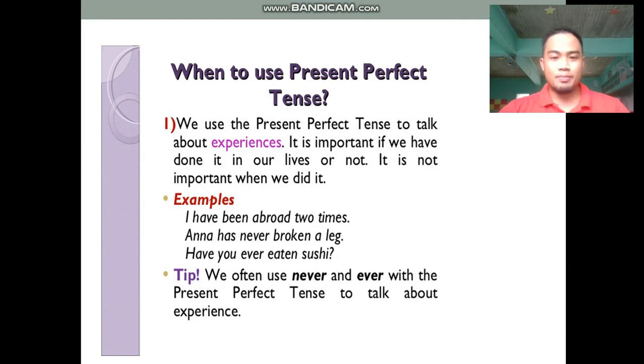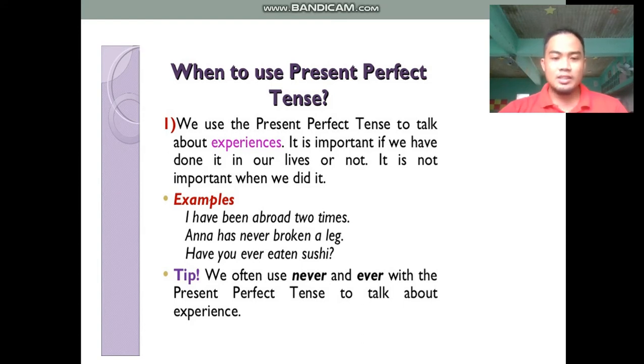We use the present perfect tense to talk about experiences. So una-una, getting experiences. It is important if we have done it in our lives or not. It is not important when we did it. For example, I have been abroad 2 times. So experience siya na. Nakapa-abroad na sa 2 times. So na-notice nyo na gamit sang have. Kaya sa next naman nga